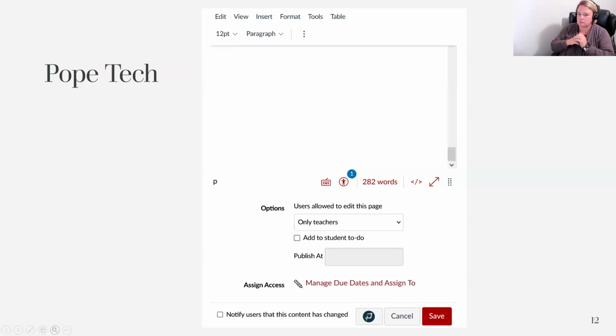With PopeTech, there are also the dashboards that were just recently released. Was it last spring? I can't remember exactly when it was. But those dashboards give you an overview of your entire course, so you don't have to go page by page. You can actually look at it at a larger view of your course. And again, it'll list how many errors, how many warnings. And you can click on it for more information, go directly to that page to make the edits